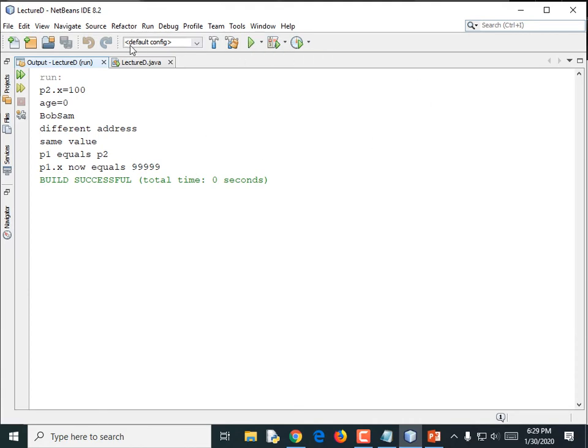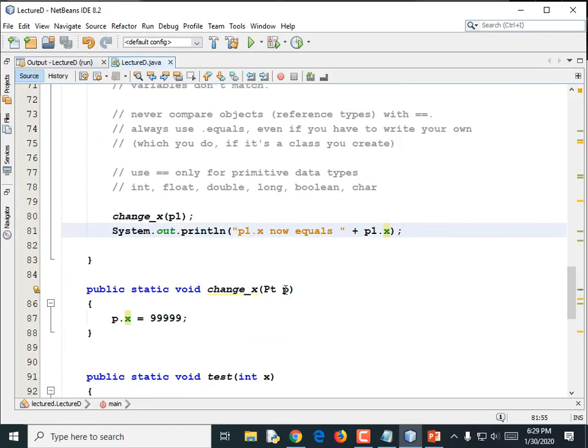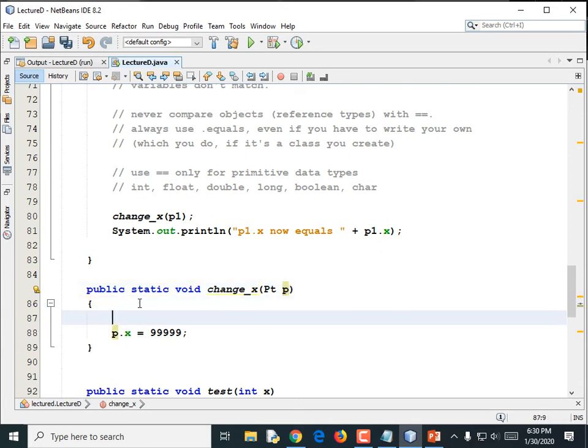And it did, as predicted. But we can't change p itself. We can change the members of p, but we can't change p itself. What if I did this? What if I said, and I'm going to wind up deleting this line, p equals new Pt, capital P, parentheses, semicolon. And now when we change p.x to 99999,